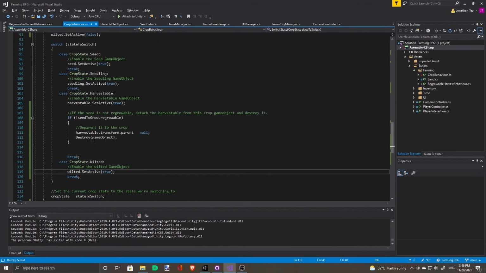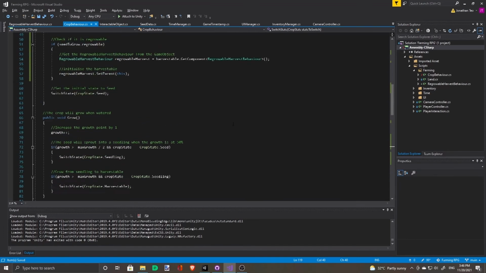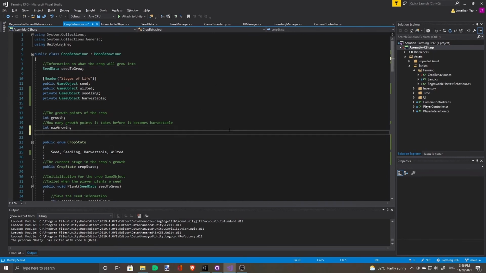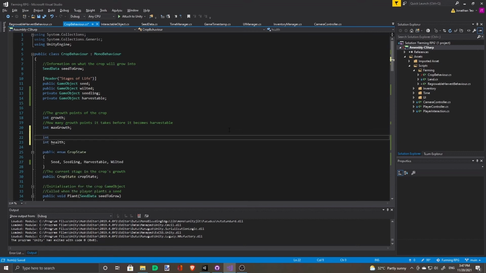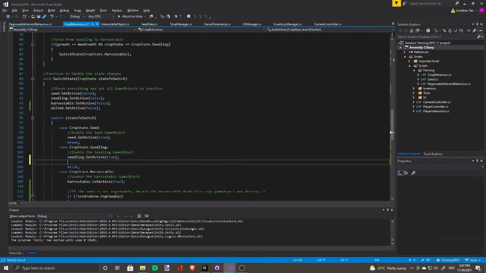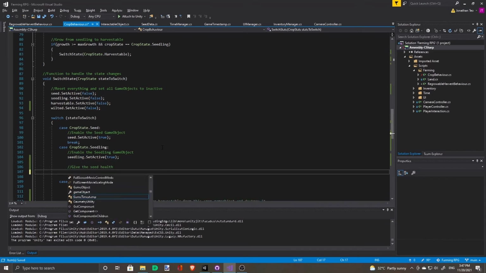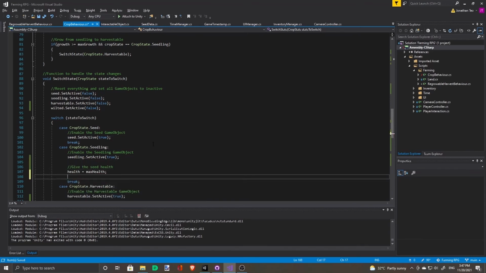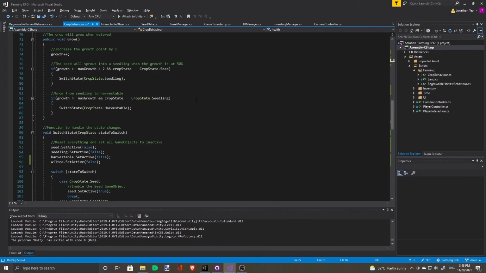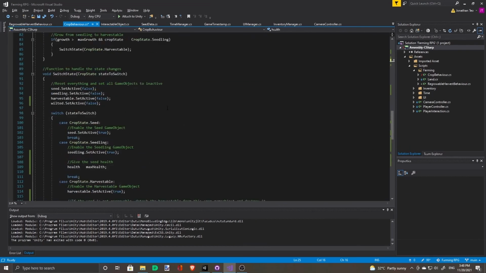So far we've only coded for what to do when it switches its state to wilted. We haven't created a way for it to wilt. To make it wilt, we want to give the plant a health system. We need a new int, and we'll make the plant start with 48 hours. So under seedling, set it to max health when it germinates. And so every time you water it, you will give it back health.